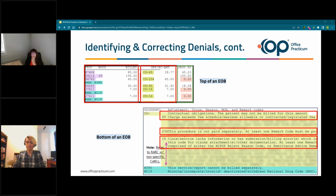As you can see in the top of the screen, there's codes highlighted in green. Those are the remark codes or the RARC codes. And at the bottom of the EOB, you'll see that the RARC code is also defined right under those CARCs. M119 is the one that we see is aligned with CO16 at the top of our EOB, and that indicates that they're missing or there's an incomplete or invalid National Drug Code. So whatever vaccine or drug product was billed is missing the NDC code. So you'll just want to make sure that you have the correct 5-4-2 format and that the full 11-digit NDC